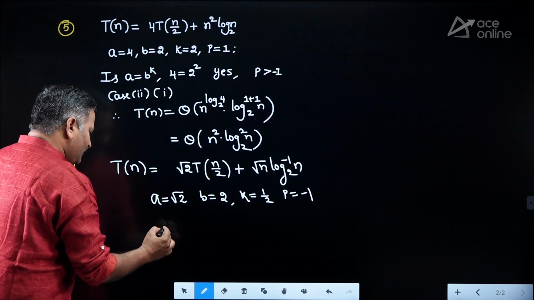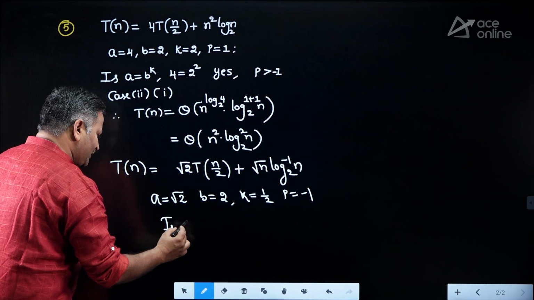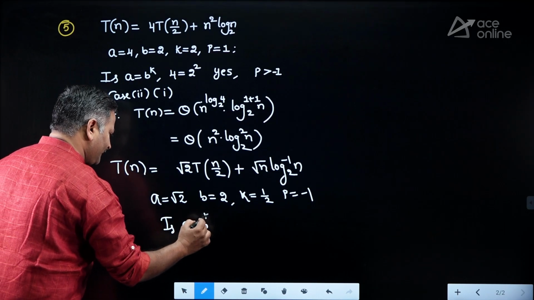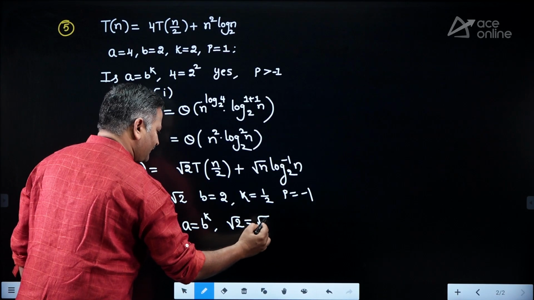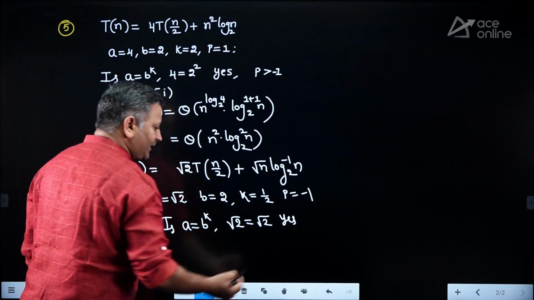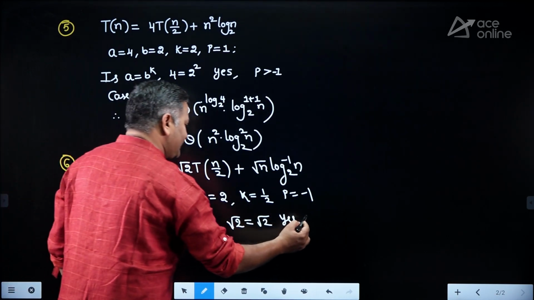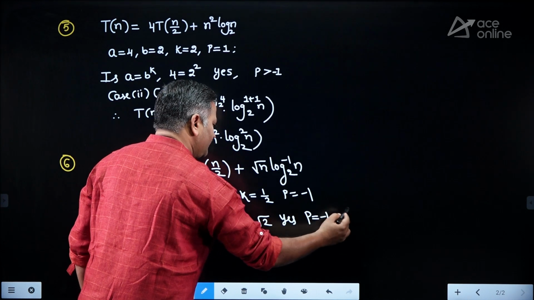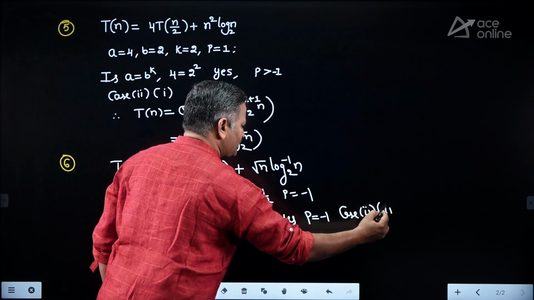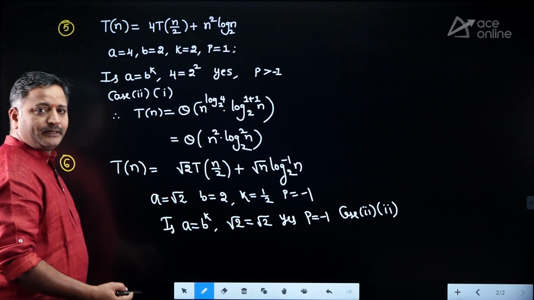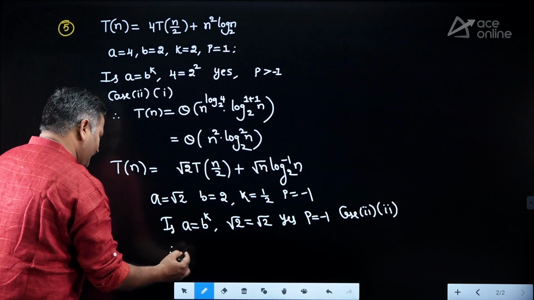Right? Therefore, verify whether a is equal to b power of k. So square root of 2 is equal to square root of 2. Yes, the condition a equals b power of k is satisfied. And the p value is exactly equal to minus 1. Therefore, it belongs to case number 2. Under case number 2, it belongs to the second bit. Right? If it is the second bit, then T of n is equal to